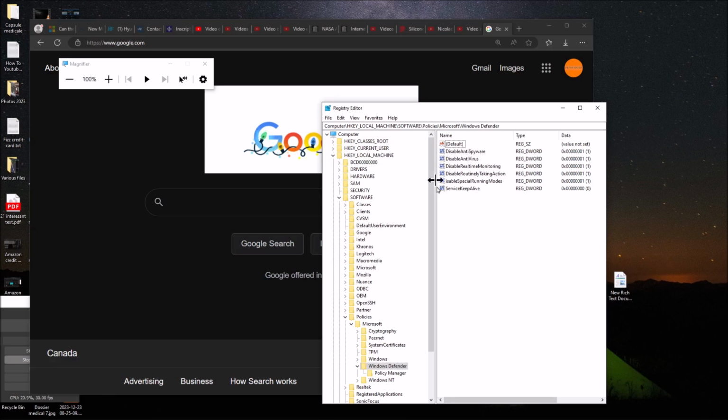You may come back and find there are only 5 keys. Usually they would erase the disable anti-spyware one, the first one, and it just disappears. You'll find just 5 of them, then you need to recreate it again, reboot again. So Windows is very subtle with these things. It should work for a while, but just check it once in a while.